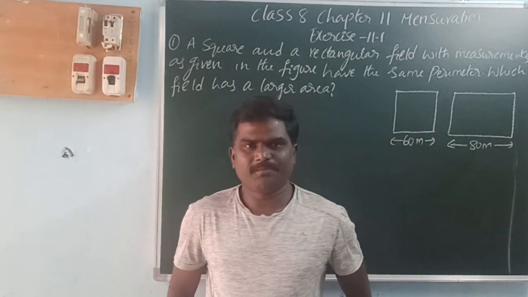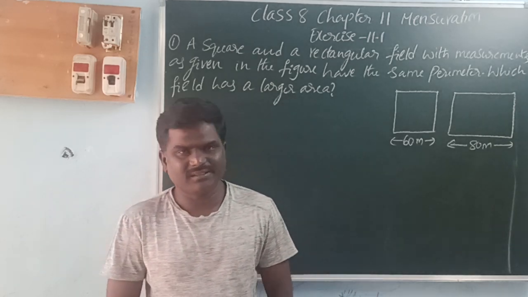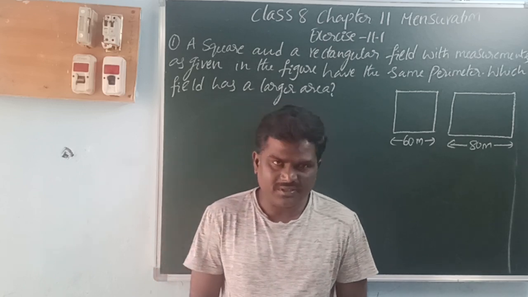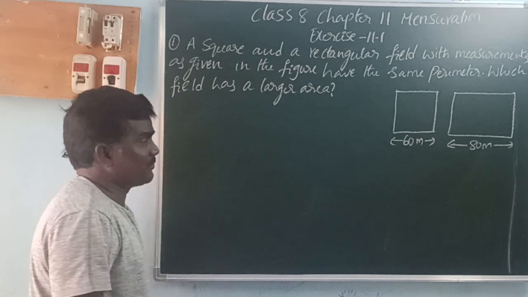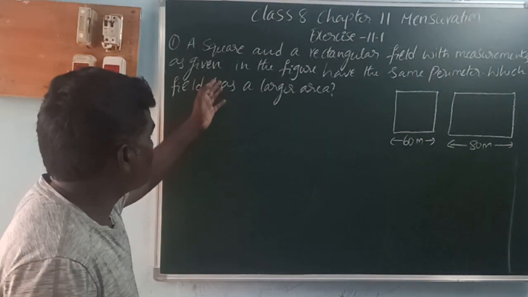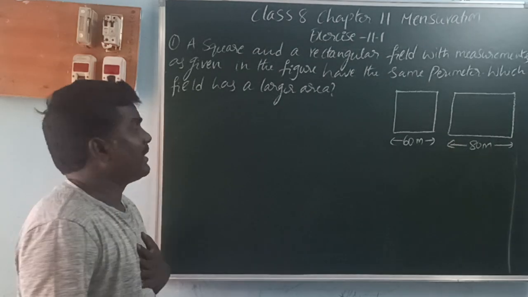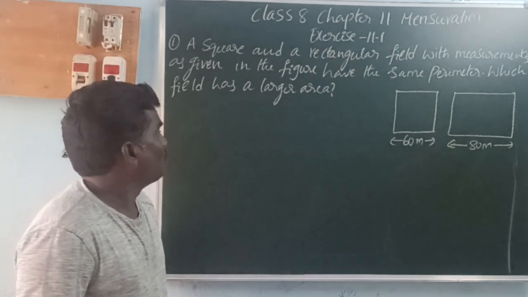This is Balakrishna. In this video, I am going to explain CBSE syllabus class 8 chapter 11 mensuration. It is also used for DSC, school assistant maths. In exercise 11.1, first one: a square and a rectangle filled with measurements as given in the figure have the same perimeter, which field